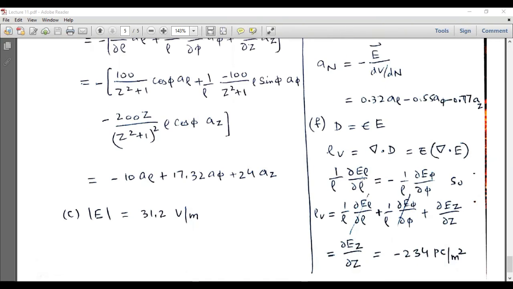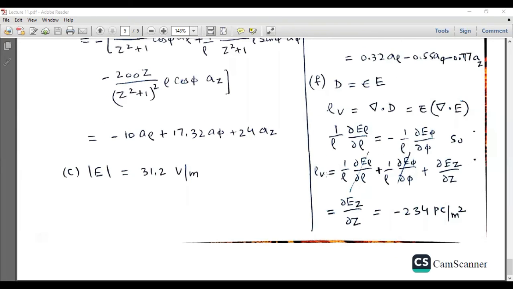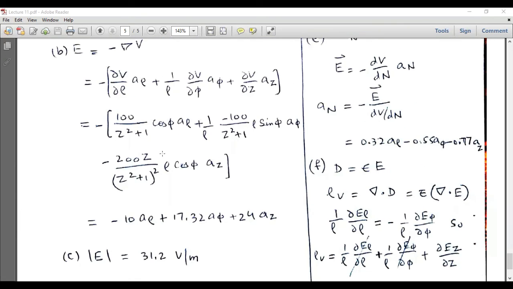So these terms will be equal, and when we add these first two terms in the divergence, they will be cancelled out. Since they are equal and opposite, they cancel, and we will be left with only the third derivative, which is partial Ez over partial Z. This is the component of E along the Z direction. So this is easy. After evaluating its derivative with respect to Z,